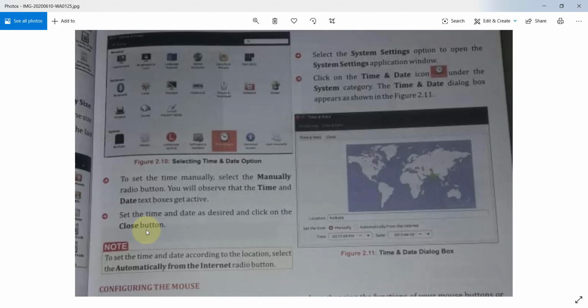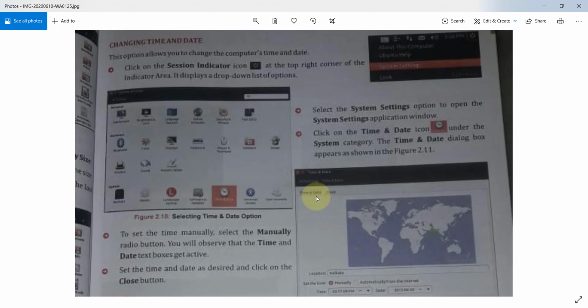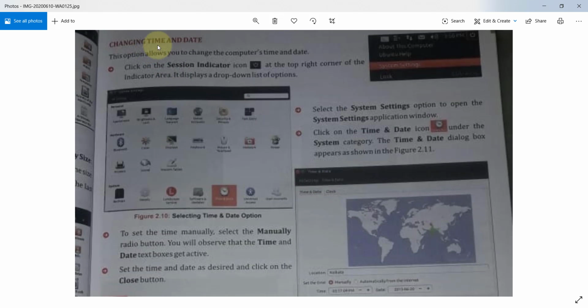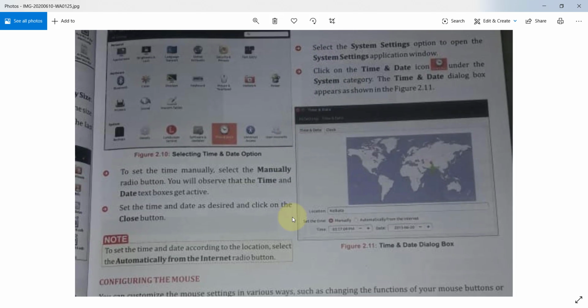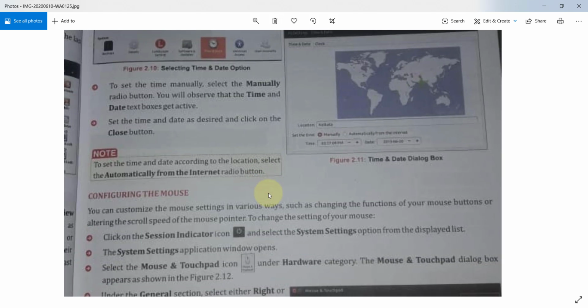So only note down these steps. Do not note the other things which I told you. Only note these things in the question, time and date setting. Clear? So this question you will note down.